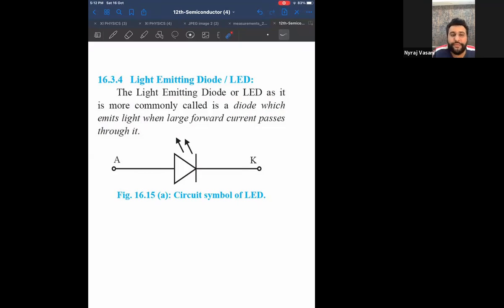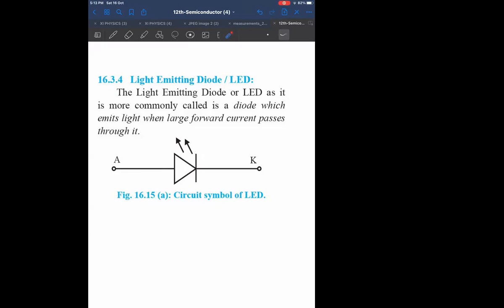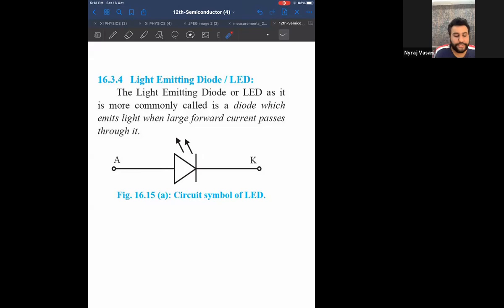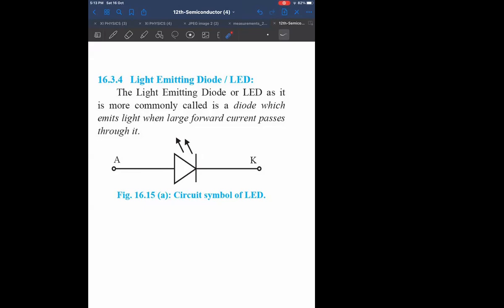And you might have seen LEDs everywhere, correct? Your tube light, your lights, actually any light today is LED only, because normal lights are going out of fashion. In your home also you'll have so many LEDs. Your TV light is LED, your mobile is LED, your computer and laptop screen, everything is LED. It saves energy, it saves current, it does not heat up. Normal tube lights and all heat up. And it has a high life expectancy. Correct.